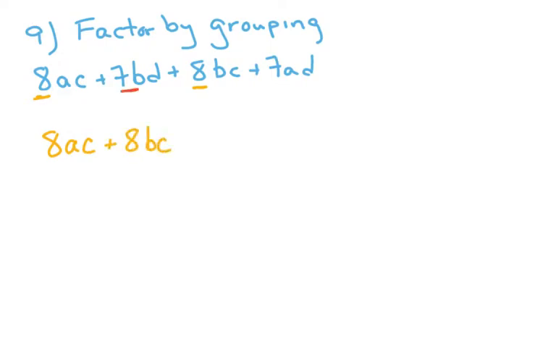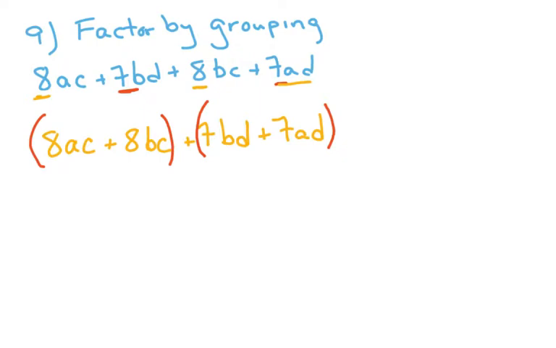And then let's get the 7s together: plus 7BD plus 7AD. And now I can group these, and it's all addition, so I don't have to worry about minus signs,